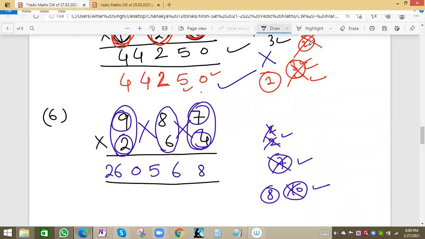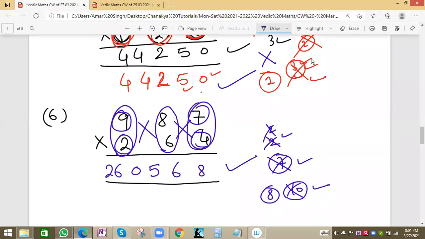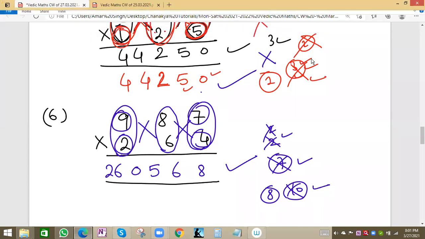568 is the right answer. 260568, right, Uddhav. Pratibha, now this time your answer is correct. So 987 into 264 is 260568. So 260568 will be the right answer. Those who got the answer, tick mark in your classwork notebook. Please note the answer if you didn't get the answer. And if anyone has doubt, they can stay back, otherwise you can end the meeting.